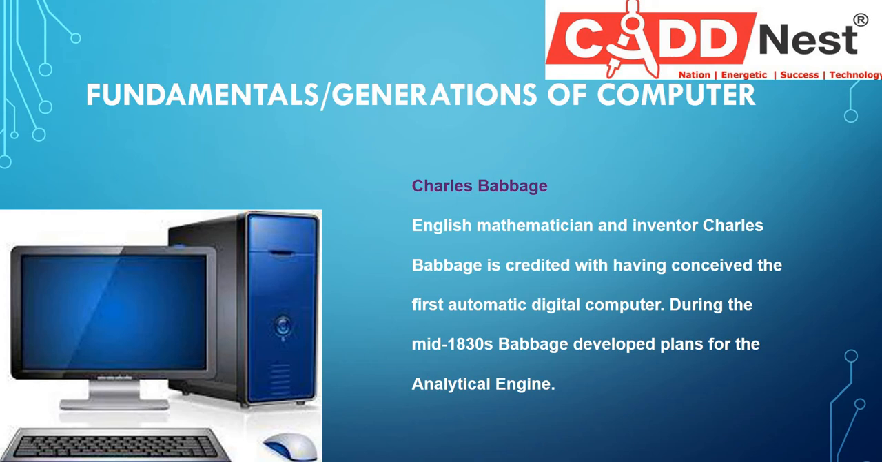So in the mid 1830s, Babbage developed plans for the analytical engines. Not exactly the computer, but the analytical engines, wherein they have certain small kinds of calculations done. As we can see, he is a mathematician. Obviously, he'll be using that for the purpose of calculations, and that is why he formed the digital computers. And after that, we have had modifications in computers, and we have reached a very high end